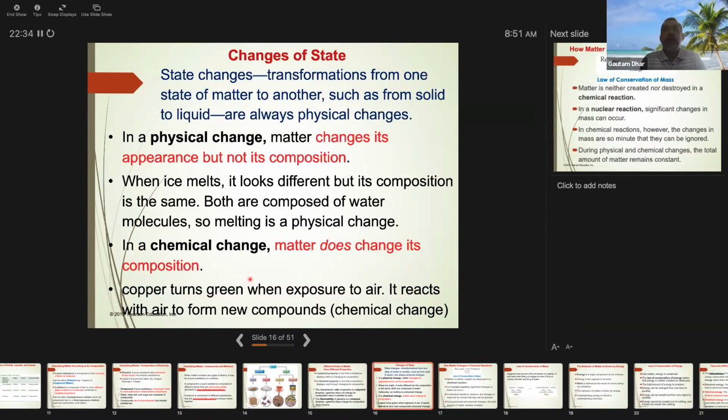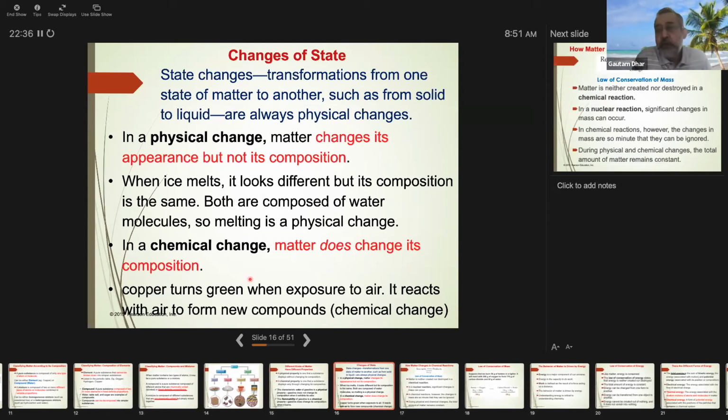Now, coming back to states of matter. The states of matter that we saw are basically based on what they're composed of in terms of particles, atoms and molecules. But again, physically, these atoms and molecules can be very close, or substantially close, or not close at all. So depending on the closeness, we can make some observations here.